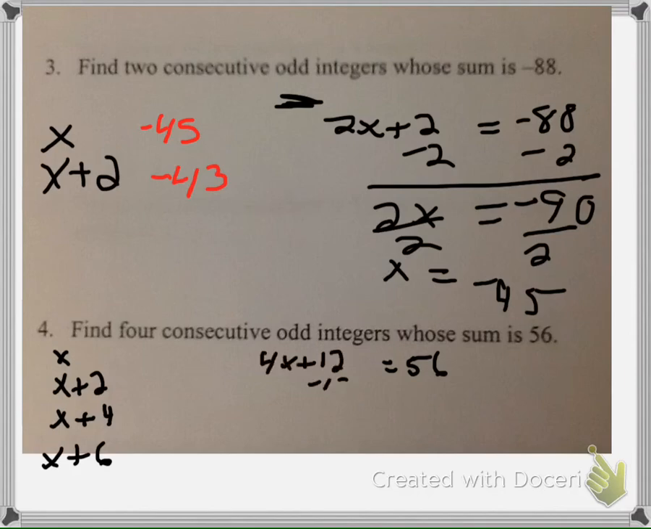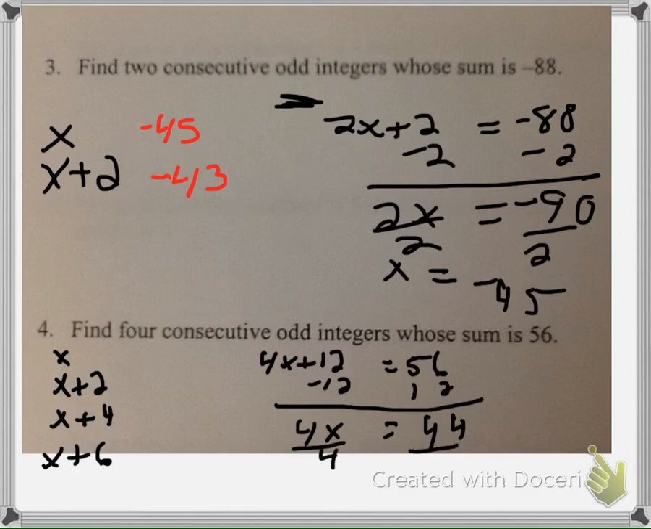We have 4x here plus 12 equals 56, so we take 12 away. And that's going to give us 44 equals 4x. Divide by 4, and x equals 11. So now I can go back. It feels like I dropped a negative. No, I didn't. So 11, 13,